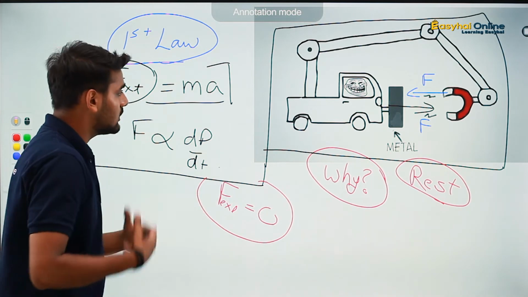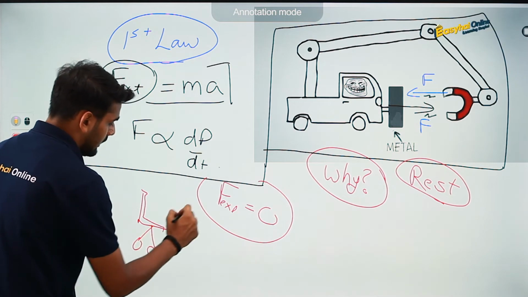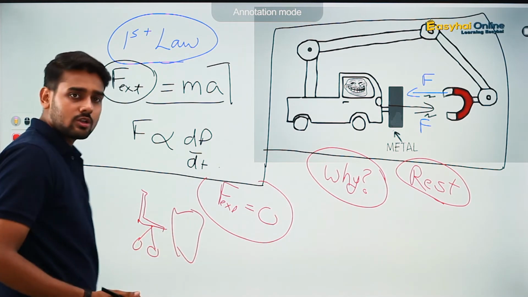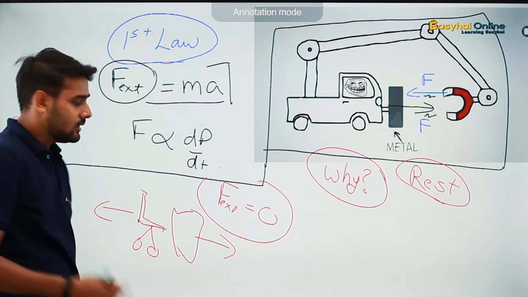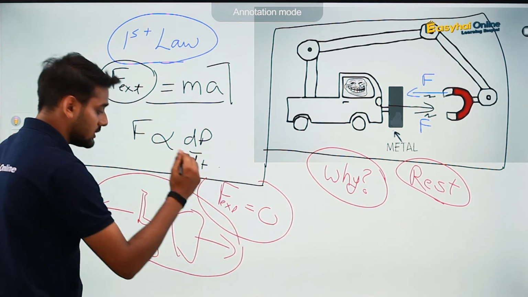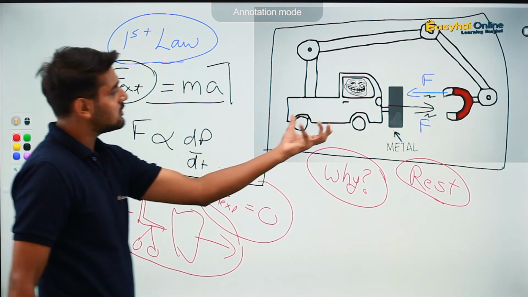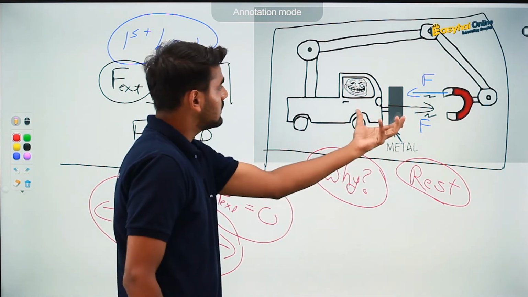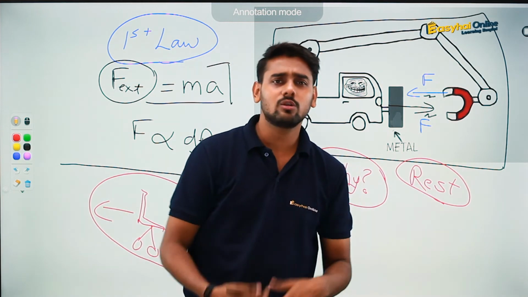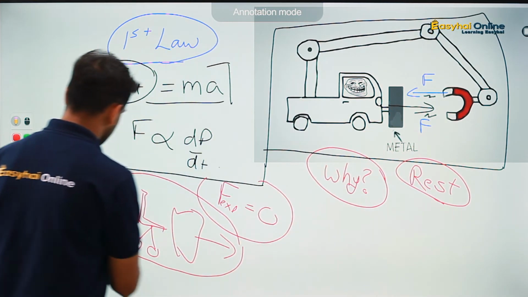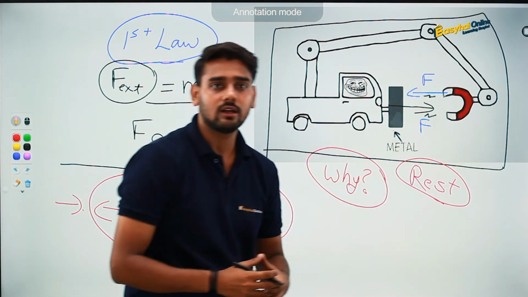In a situation where, let's say, you are on a wheelchair and you try to push a table, what usually happens is the table moves in the opposite direction, but your body also moves in the backward direction. These two momenta cancel each other out, and eventually the total momentum of the system remains conserved. Here also it is going to happen in the same way, but these two objects are going to move towards each other. Basically the direction is opposite compared to this example, but still the overall system is not going to move in any direction.